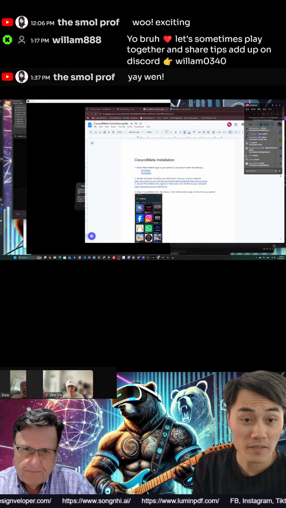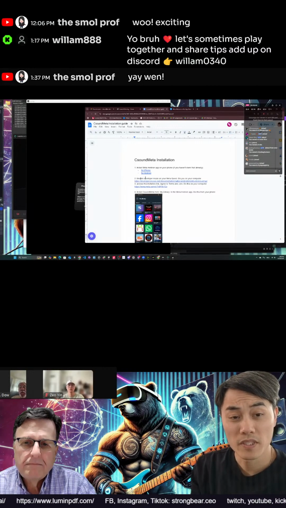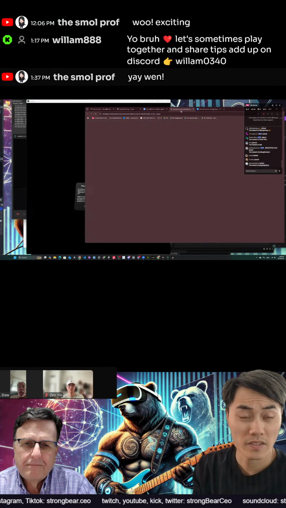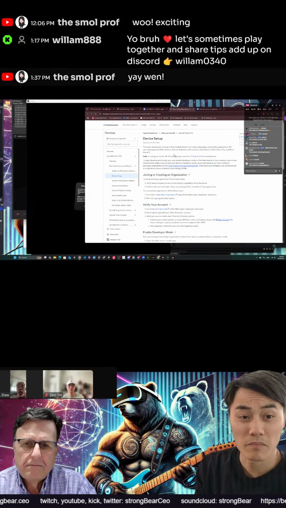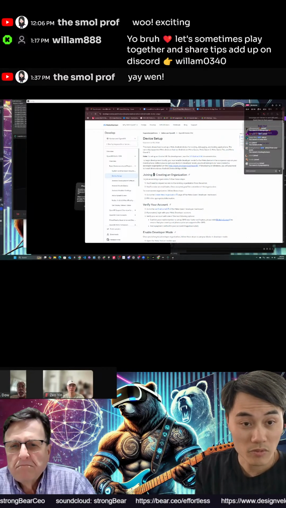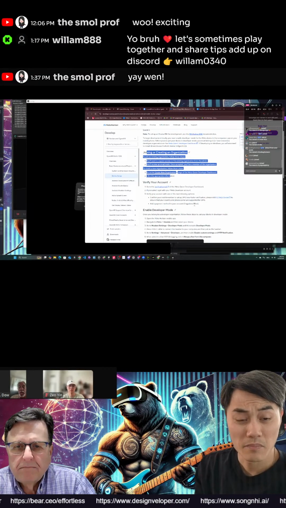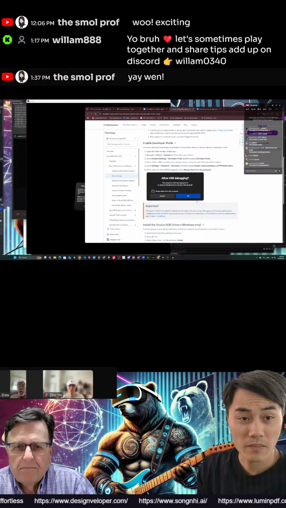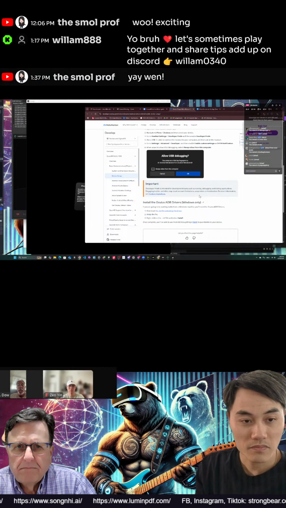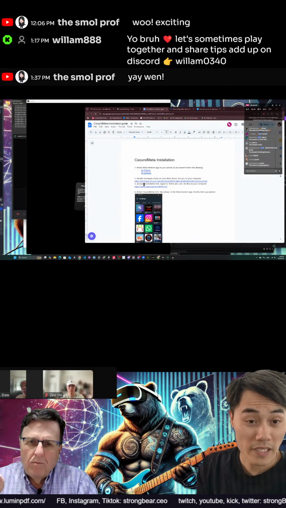For installation, the next step is to enable developer mode. I put the documentation here. This is the official documentation from Meta. In order to enable developer mode, you need an organization, verify your Meta account, and then enable it from the Meta Horizon app. Once you have that enabled, you can access this.